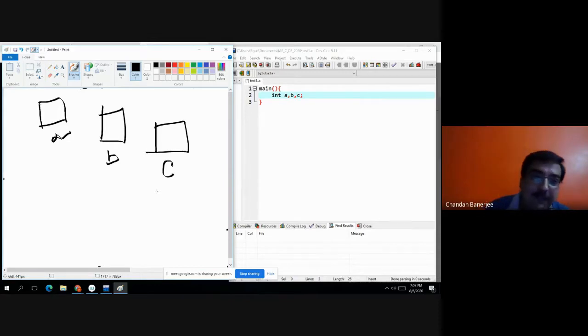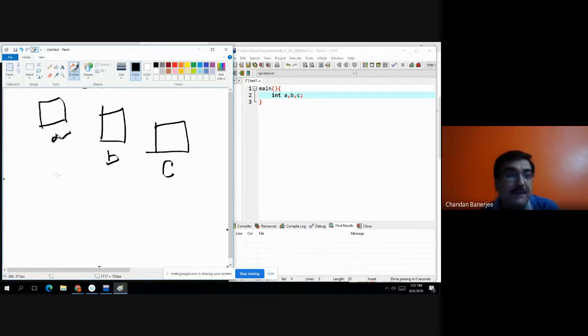In a 32-bit Windows environment, a, b, and c, all 3 being integers, will each take 2 bytes. Each variable will take 2 bytes: a will take 2 bytes, b will take 2 bytes, and c will also take 2 bytes.